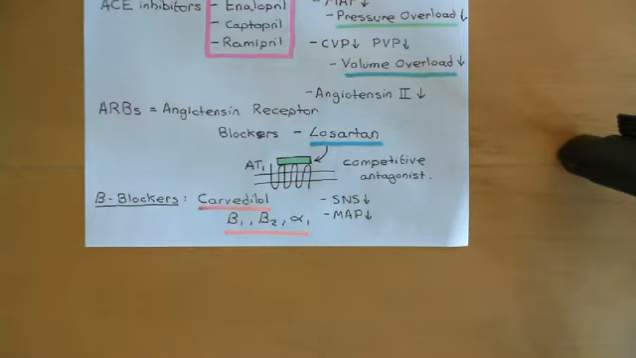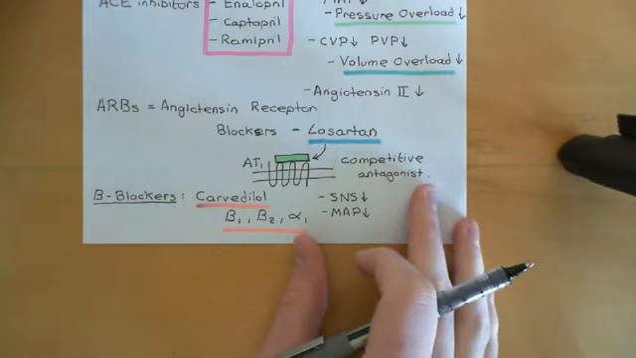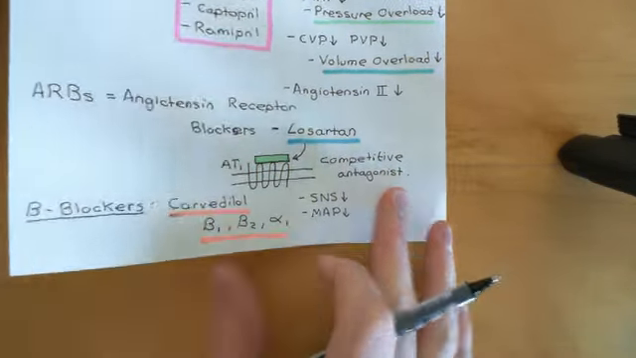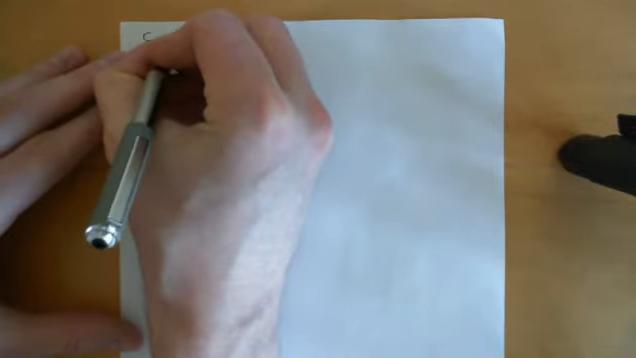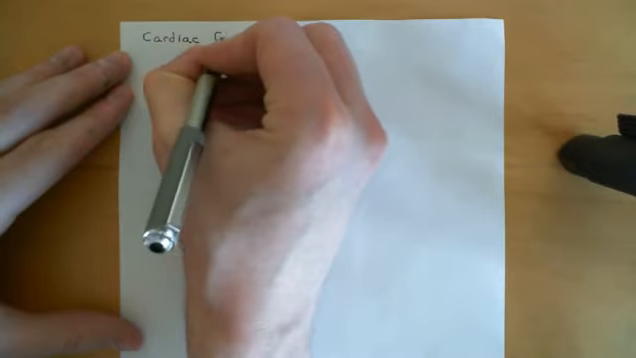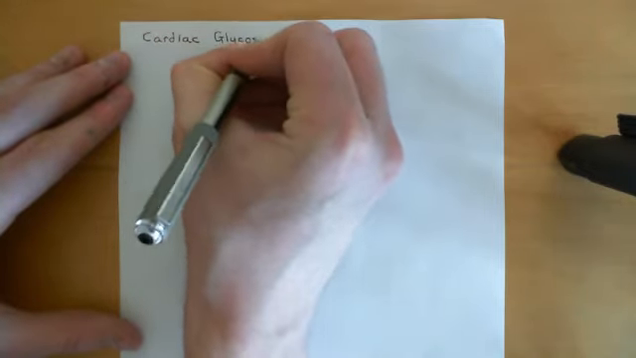Now, all those classes of drugs, ACE inhibitors, angiotensin receptor blockers, and beta blockers, they all work by blocking the neurohormonal mechanisms. The final class of drugs that I want to discuss is actually going to work by increasing the strength of the heart, increasing the strength with which cardiomyocytes are capable of contracting. And this final class of drugs is what's known as the cardiac glycosides. So cardiac glycosides. And these are actually going to work to increase the force with which cardiomyocytes can contract